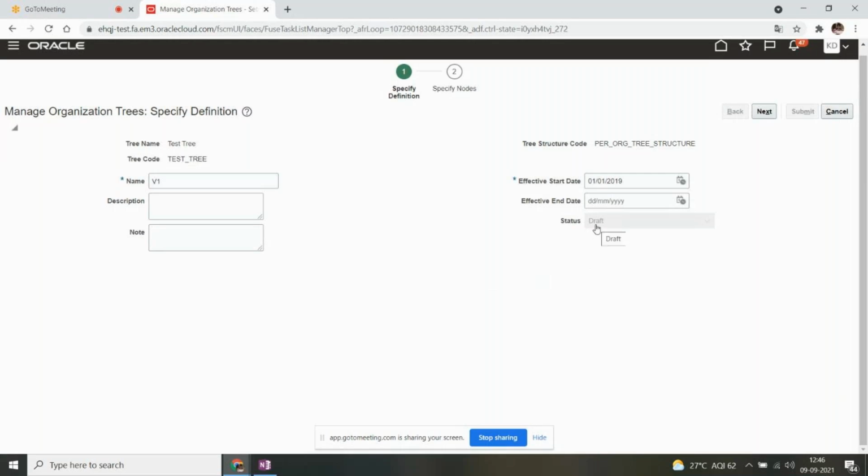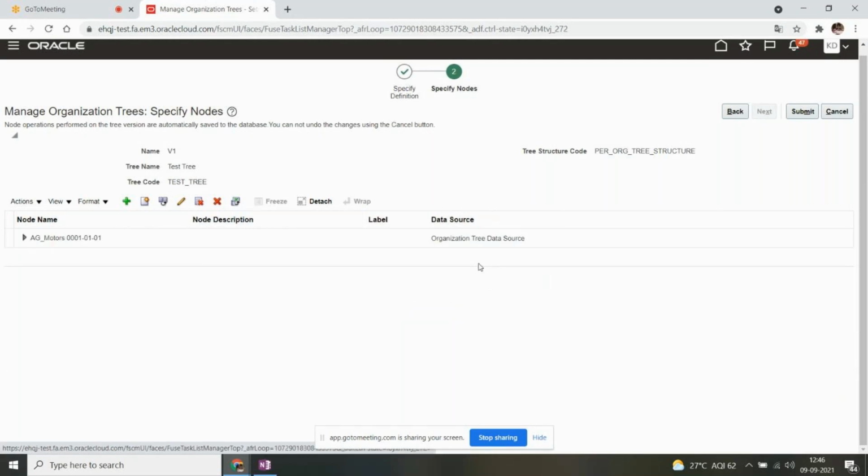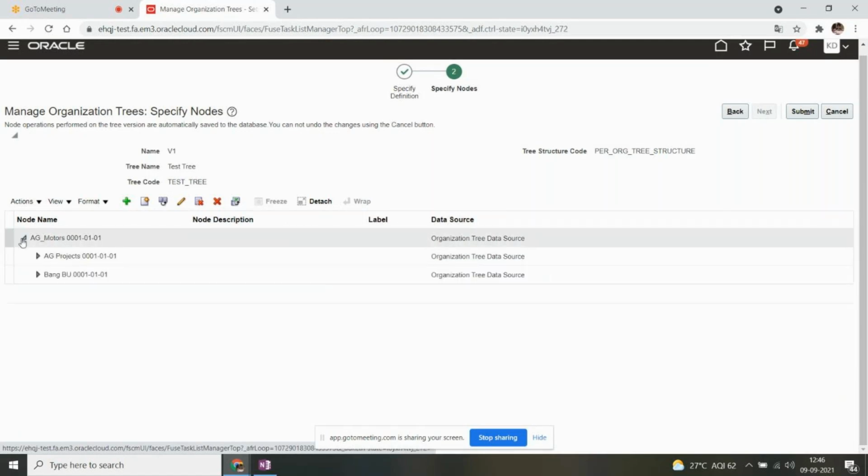So again, you have to do the audit and then set it to active status. But if you try to add any new nodes, then again you have to do column flattening, row flattening, and then audit, and finally you have to set it to active, right? So in this case,